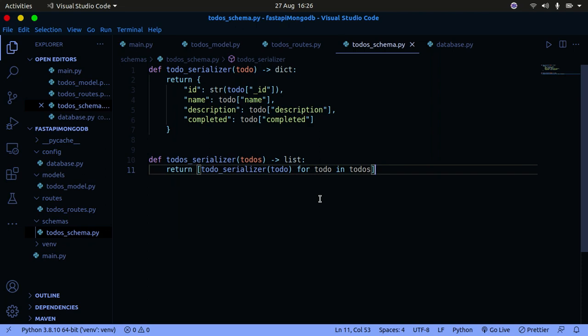So if you're coming from Django REST framework, then this is the same concept as a serializer over there. Okay, so now that we have all that set up, we are basically done. So what we're simply going to do now is build our routes. We need to go to our routes,